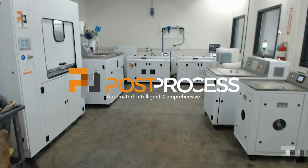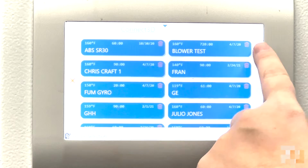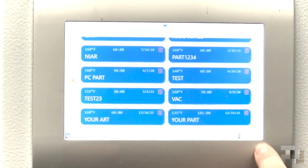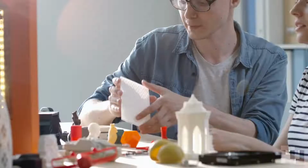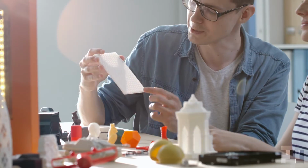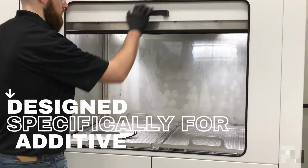For those of you who are not familiar with Post-Process Technologies as a company, we are completely focused on developing automated and intelligent solutions for that post-printing step in additive manufacturing. So specifically, support removal and surface finishing of 3D printed parts. It's all that we do here. It's what we eat, sleep, and breathe, and all of our solutions are designed from the ground up specifically for